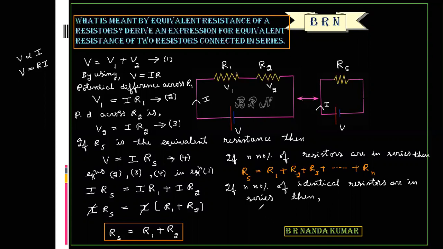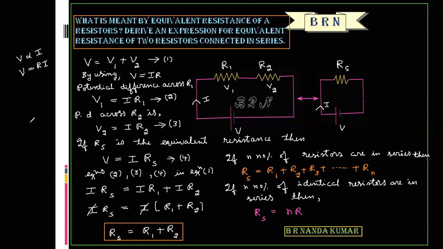In this case the effective resistance R_s is equal to nR. Okay, right? So if n identical resistors are connected in series, the effective resistance is R_s equal to nR. For example,